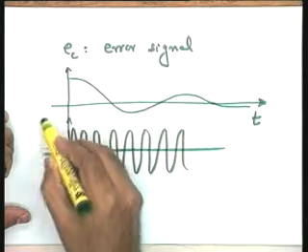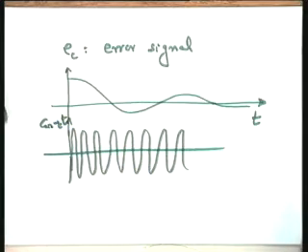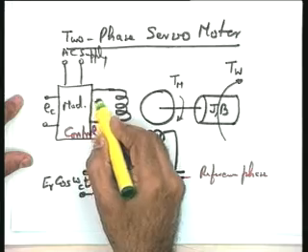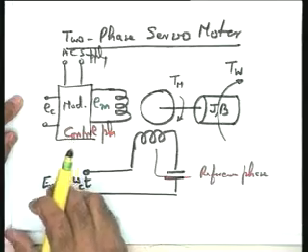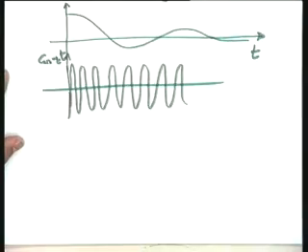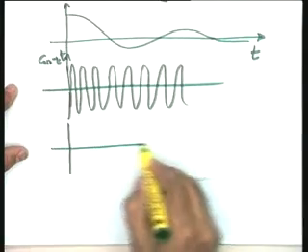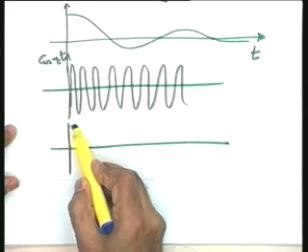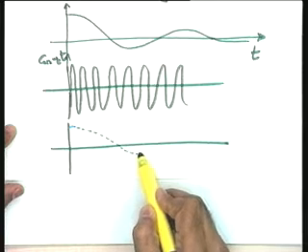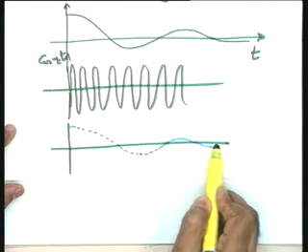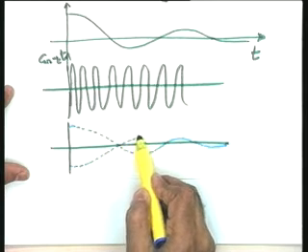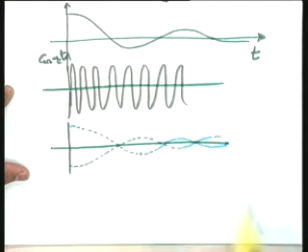Okay. So this is my cos omega ct signal. Fine. Let us see what is the nature of the signal. I call that EM, applied to the control phase. This signal will look like, as you know already, a modulated wave of this nature. The envelope of this particular wave, I need your attention at this particular point. I will be using this concept in the derivation. This is the envelope of this particular wave, which is a low frequency signal EC.